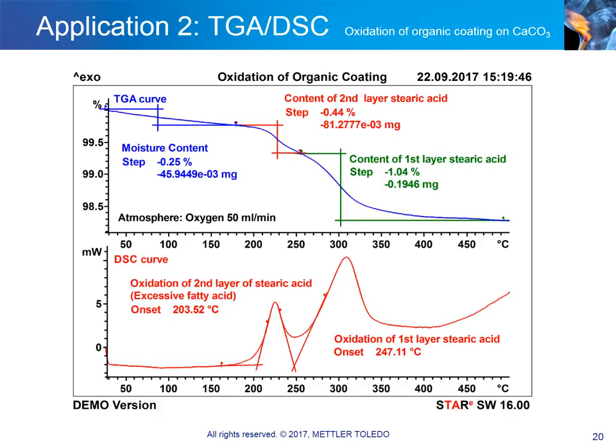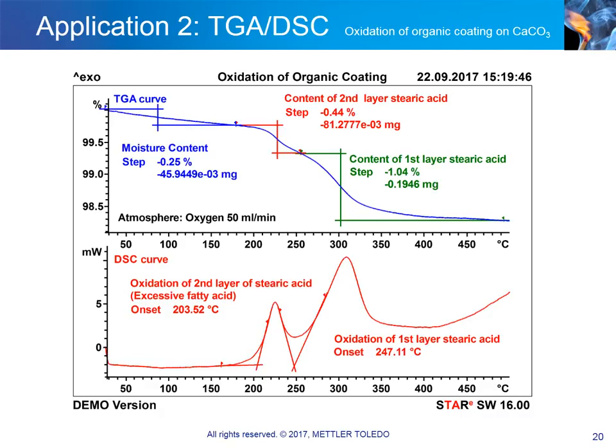Between room temperature and 180 degrees, a small mass loss of about 0.2% is measured. This can be attributed to the release of moisture or other volatiles. At higher temperatures, two distinct steps are observed, which are due to the oxidation of the second and the first layer of stearic acid. The total amount of stearic acid on the calcium carbonate is the sum of these two steps. In this example, this amounts to